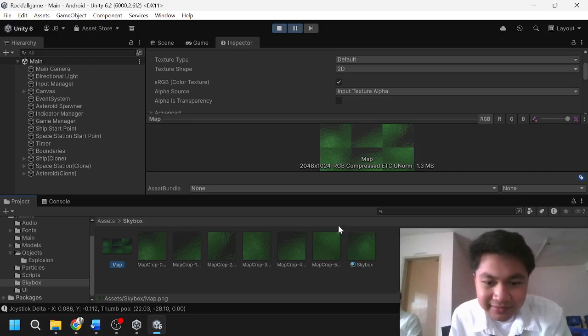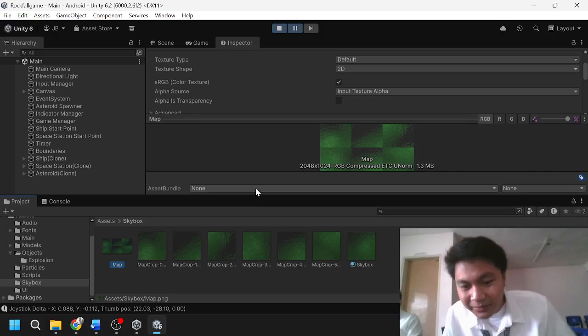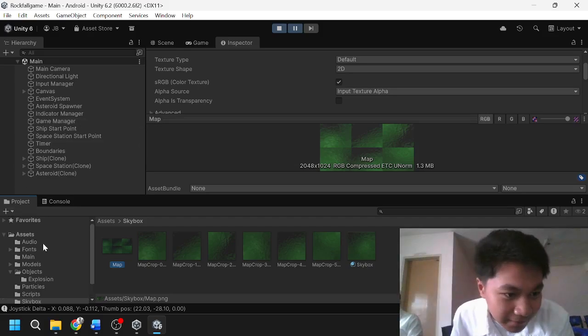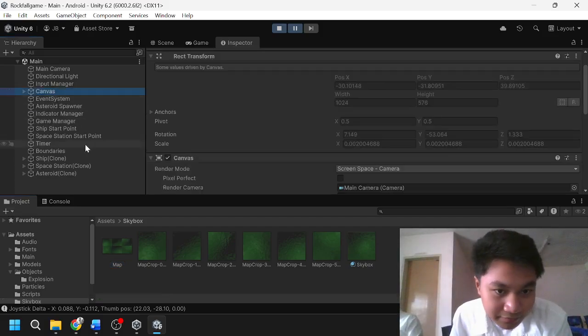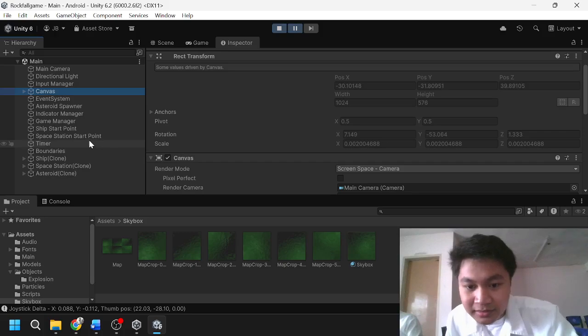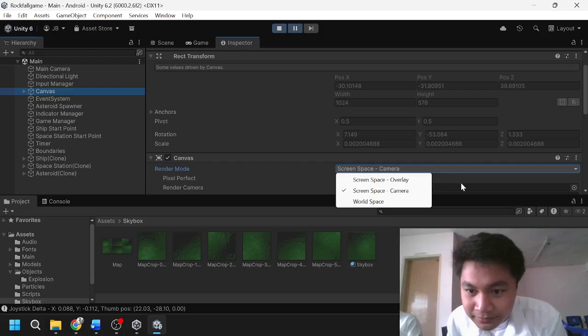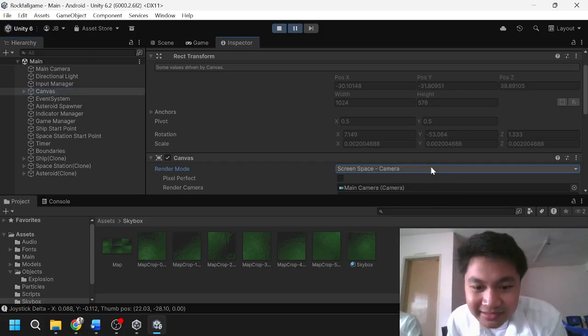So the last step in this phase was setting up the UI canvas for controls. We created a canvas, which automatically generated an event system. We changed the canvas render mode to screen space camera, assigned the main camera, and set the plane distance to 1.